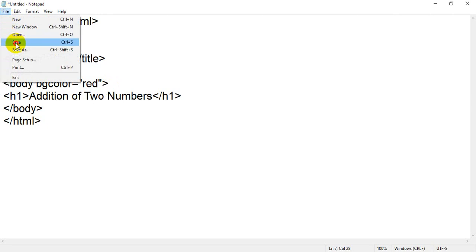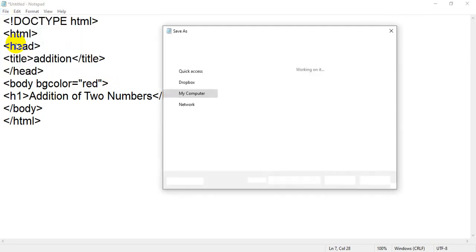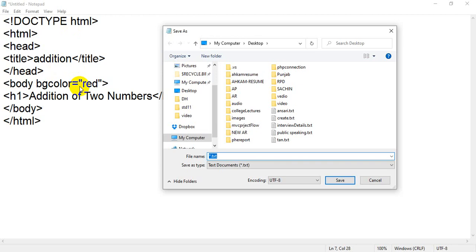Right now we have not done anything regarding JavaScript, we have just created a simple HTML page and written one heading tag in which we displayed our question. The first time you click on the save button, it will open a pop-up window and ask you to assign a file name and an address. Currently I am in Save As, and you will see My Computer, Desktop, so I am saving on the desktop, and I have to assign a file name.